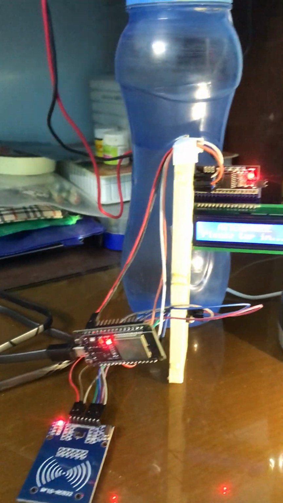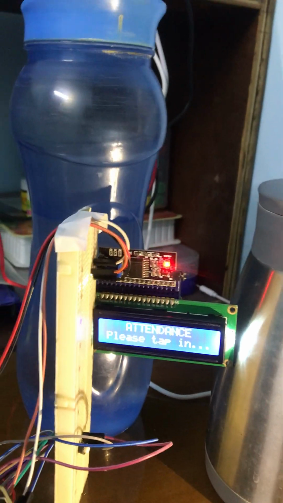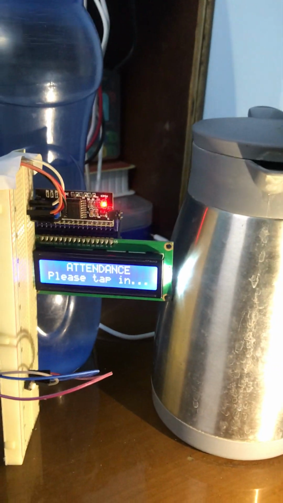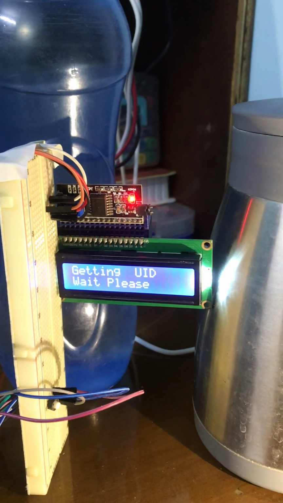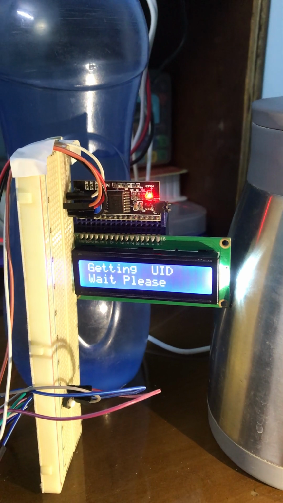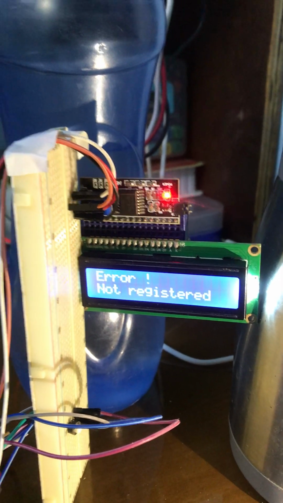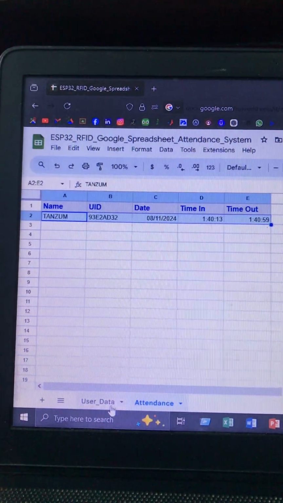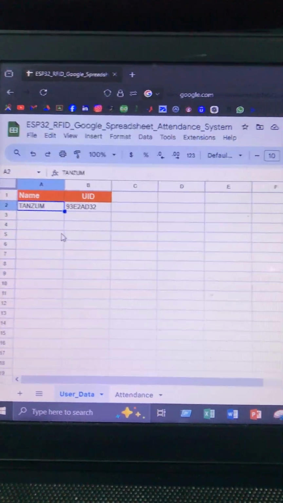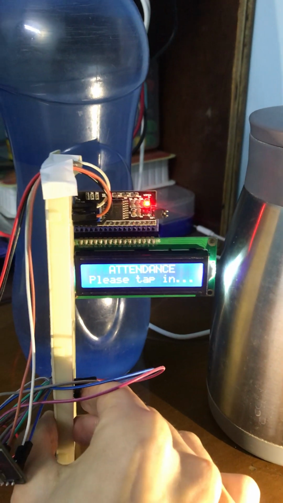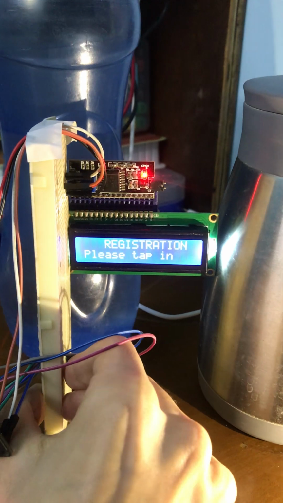So what should happen if someone is not registered? Suppose this kitchen is not registered, and someone tries to get in. It's getting the user ID, and let's see what happens. Here it is an error message, not registered, simply because we don't have user data for a second person. However, if we switch back to our registration mode